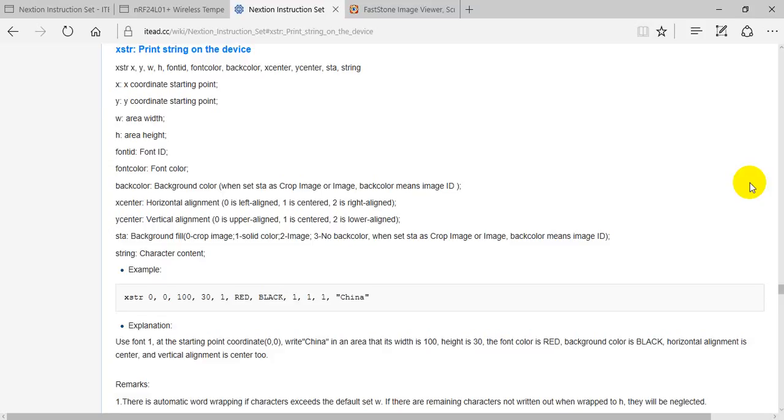Hello again. So today we're going to look into the NEXTION instruction set page again, and we're looking into this command up here where it says the BR print string on device. To begin, we're also going to go into the preview, the VIS video, so it's going to work off of that one. So let's look into it here. We get the X string